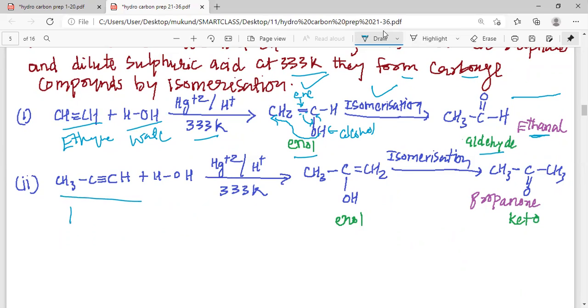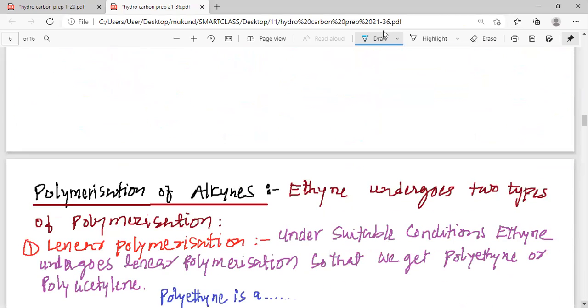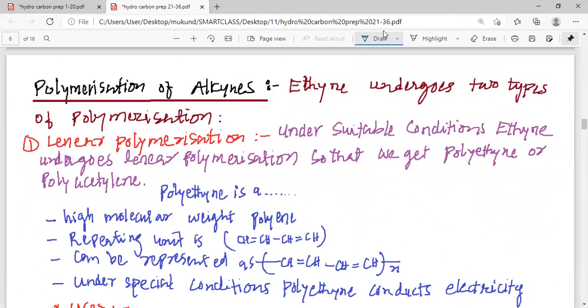Same way, my dear students, if you take propyne and allow it to react with water in the presence of mercuric sulfate and sulfuric acid at 333 Kelvin, again you get an enol form. And from this enol form, the hydrogen goes to the carbon with the double bond, and the electrons from the double bond come between the carbon and oxygen, and thus we get the keto form, and we can have propanone as one of the important products. So this is how we can understand the various reactions of the